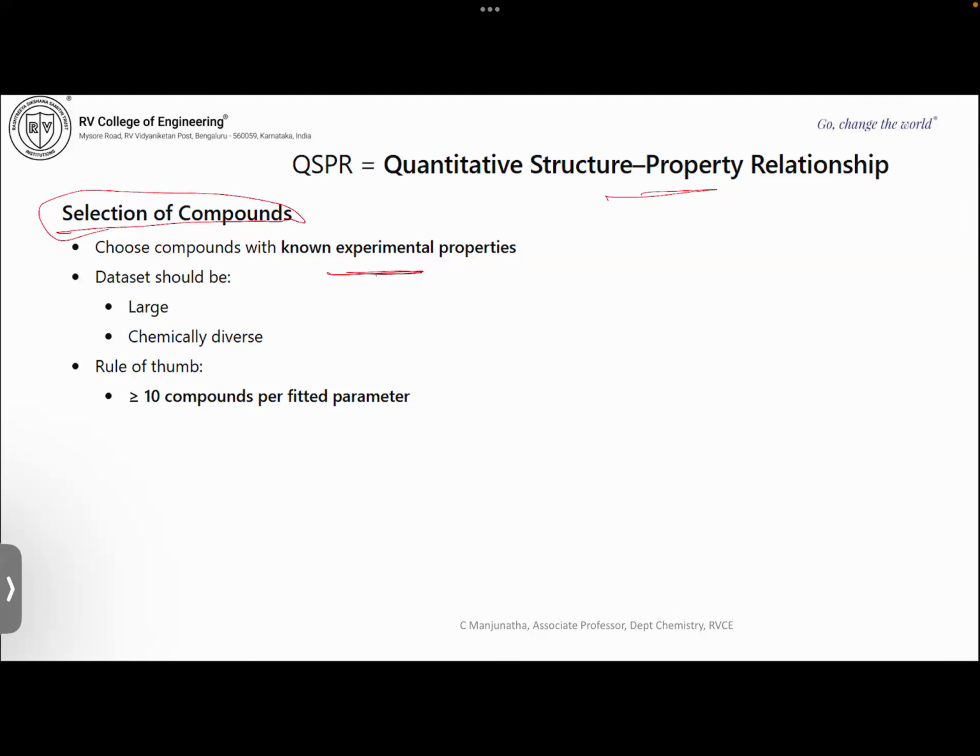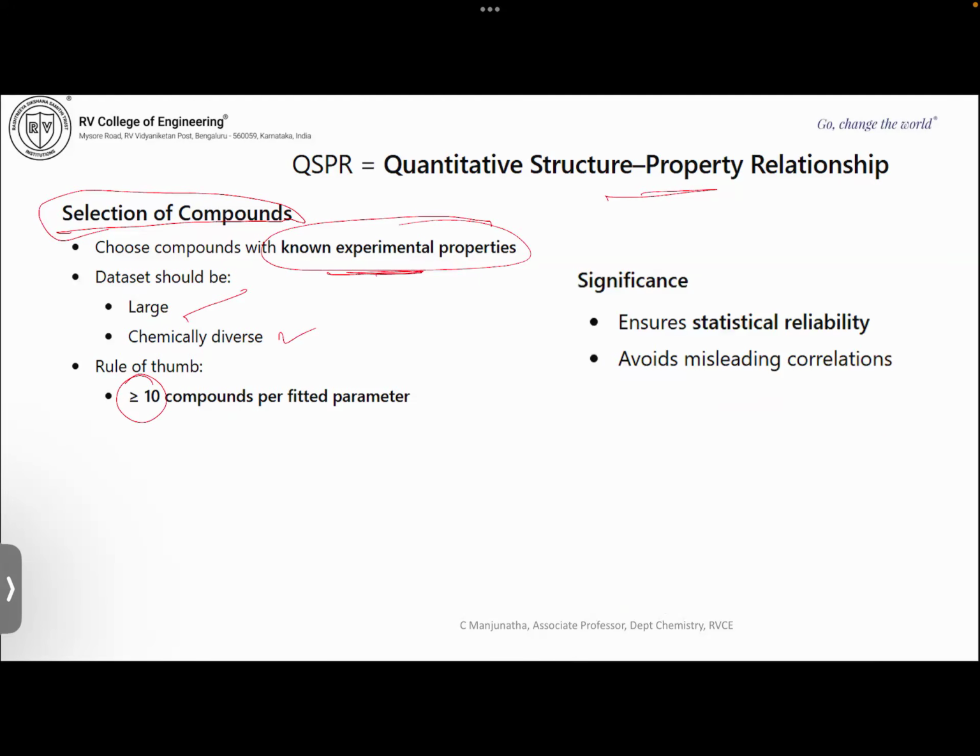The data set should be large and chemically diverse. The rule of thumb is at least greater than 10 compounds per fitted parameter. The significance of this first stage in QSPR is that it ensures statistical reliability and avoids misleading